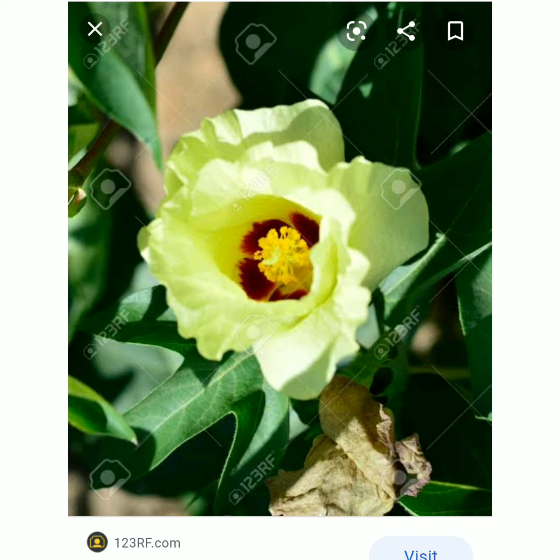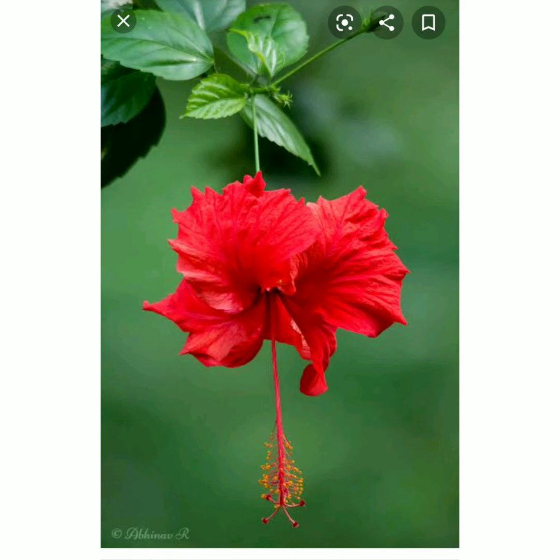Inside this axis, the style is seen. The style, the middle part of the gynoecium that connects the ovary and stigma, is an elongated structure. This style is found inside this axis. This is a peculiarity of plants belonging to the hibiscus family. Let's go to our next activity.